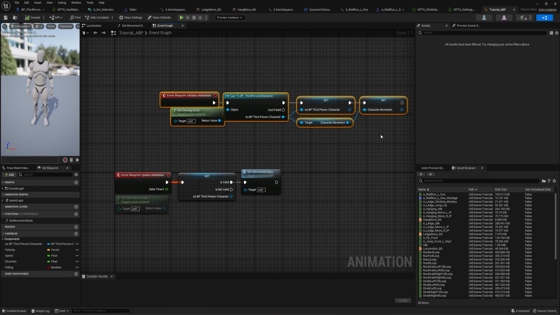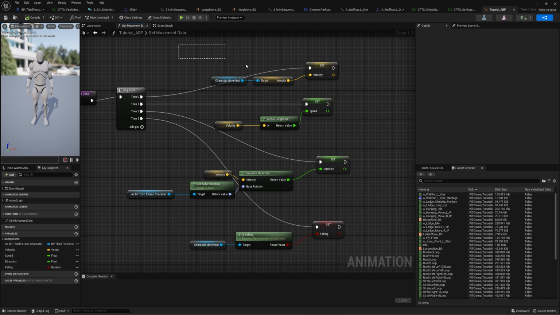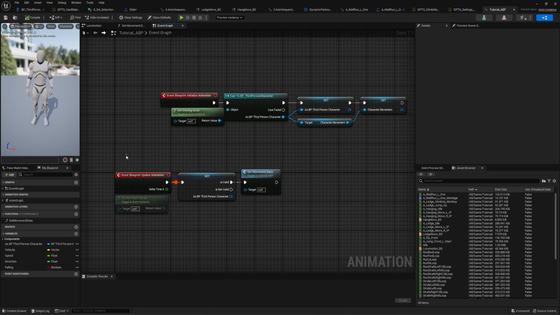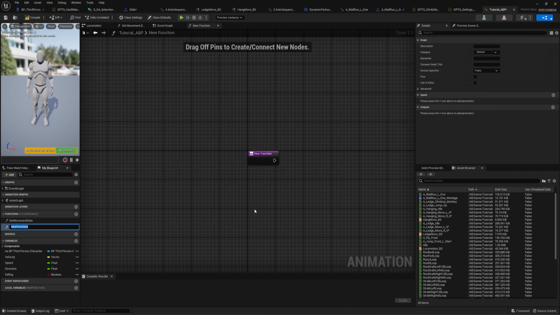We have initialization where we're getting our character and our character movement, and then it's just going in and setting some movement data: simple velocity, speed, direction, and then a falling boolean. So nothing really crazy going on. It's a very basic blueprint. But what we're going to do is create a new function, and we're going to call this